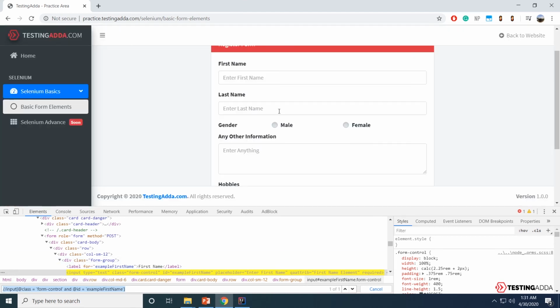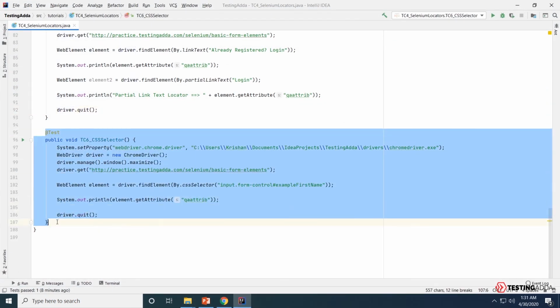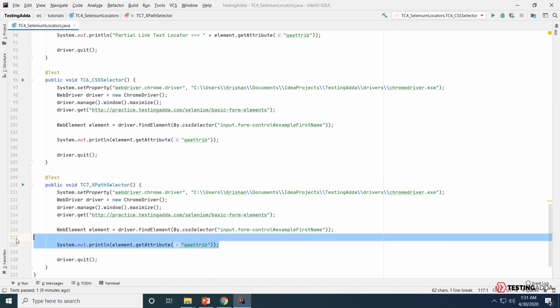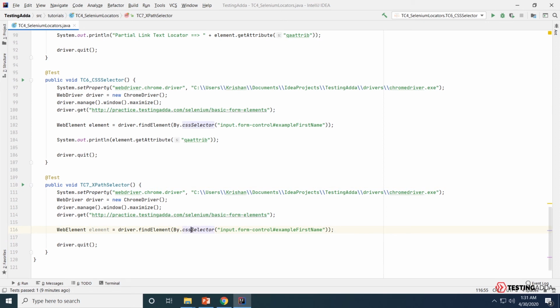Let's try locating this element using XPath through Selenium. Let's go back to our IntelliJ, copy this method, name it as TC7 XPath selector. We'll delete this line, and here we were using CSS selector. Now we'll change it to XPath. So it would be driver.findElement by XPath, and we'll write our XPath.